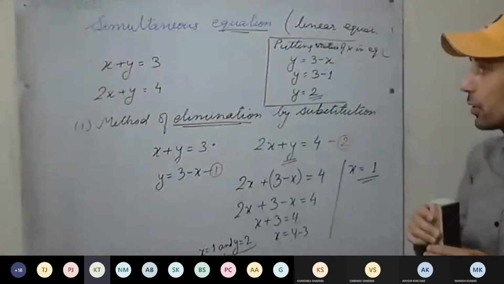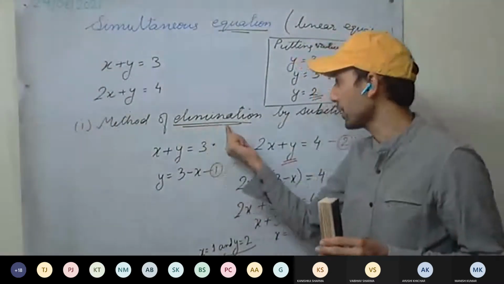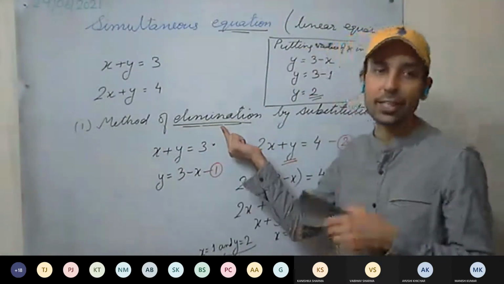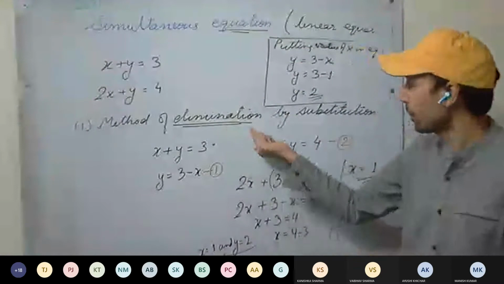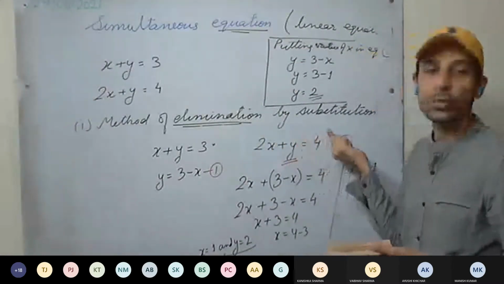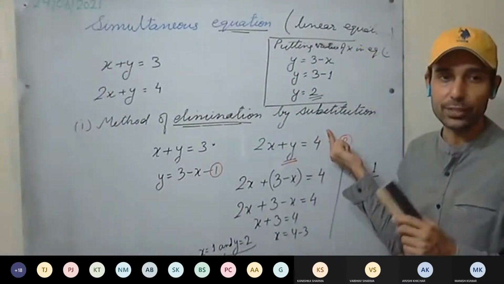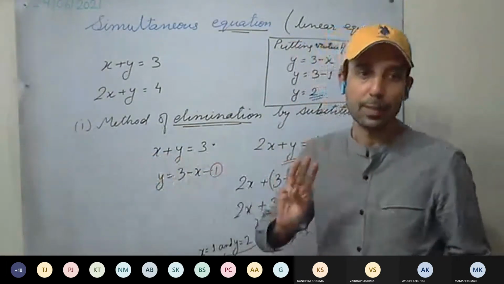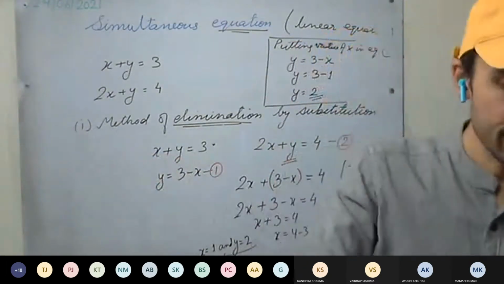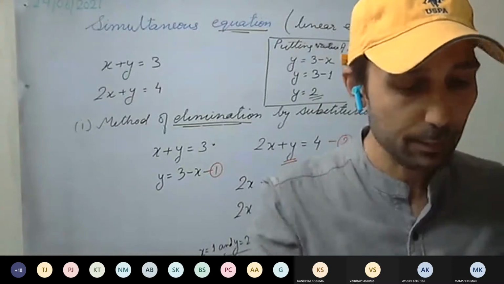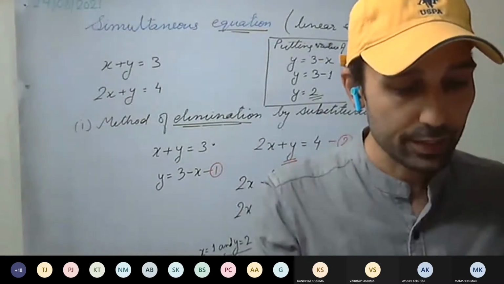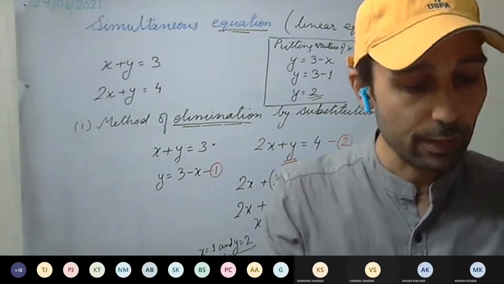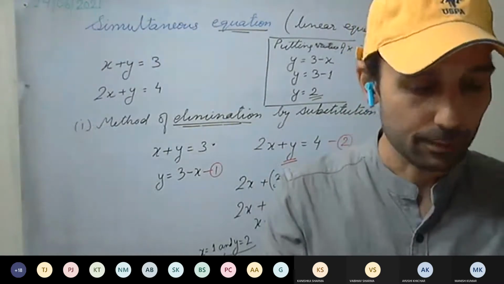Yes. There are three methods. First method is the method of elimination by substitution. Second method will be the method of elimination, that is again eliminating one variable, but by equating the coefficients. By equating the coefficients we'll be discussing next. Then there is the method of cross multiplication. These three methods we'll be discussing. You can see these are given on page number 77 as well. Three methods, page number 77, open page number 6.2. Method of elimination by substitution we have discussed today.